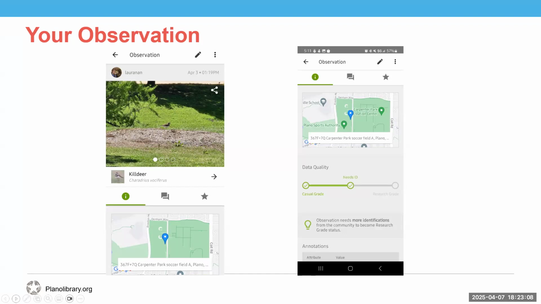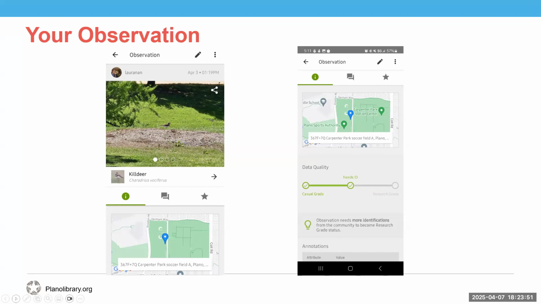A verifiable observation has a date, is geo-referenced, meaning it has latitude and longitude coordinates, has pictures or sound recordings, and is not captive or cultivated. All observations begin as verifiable observations, and then they're labeled as needs ID. Observations not meeting verifiable status are labeled as casual grade. Verifiable observations become research grade when the iNaturalist community agrees, more than 2/3 of identifiers, that a species is what you have said it is. And we'll get into that in a moment.